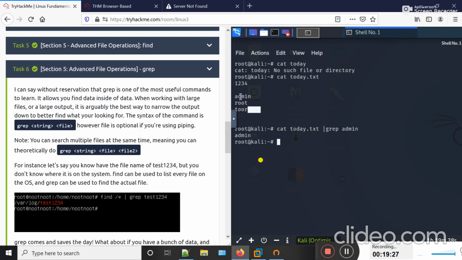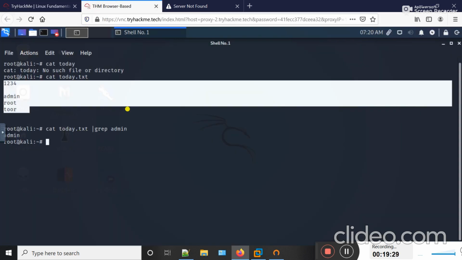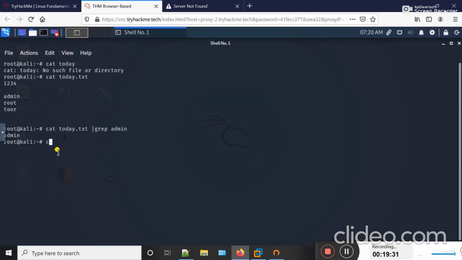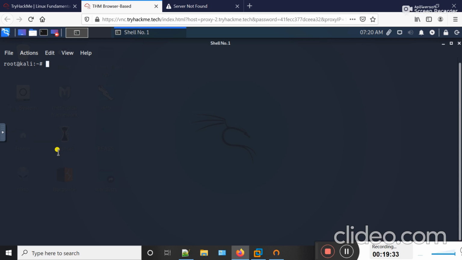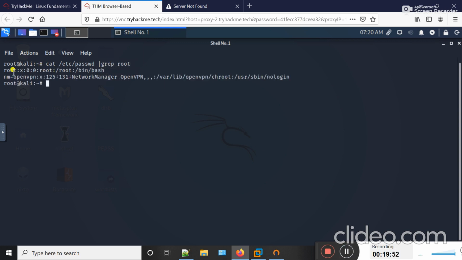Okay guys, if I type cat /etc/passwd and then the grep command and then type root here and hit enter, you can see that the grep command displays only the root user and its detail.